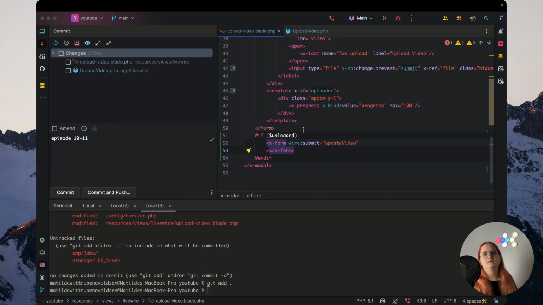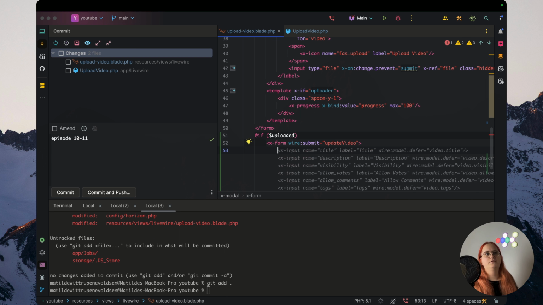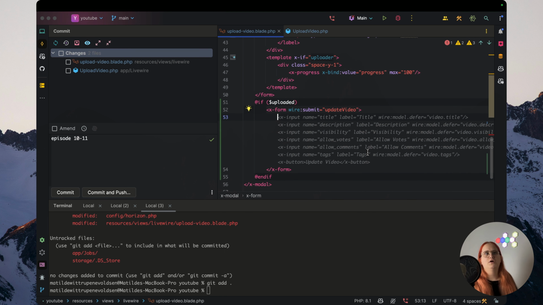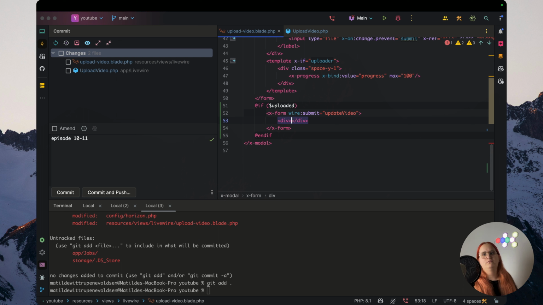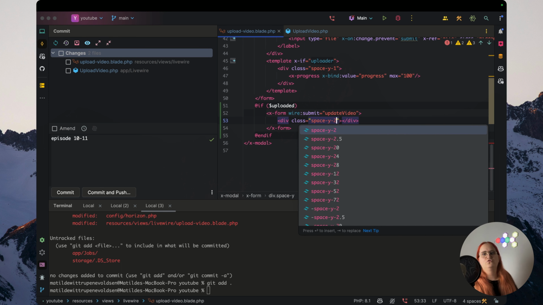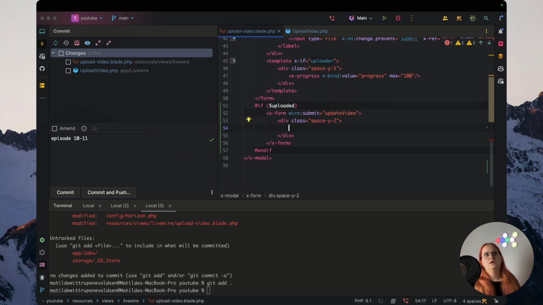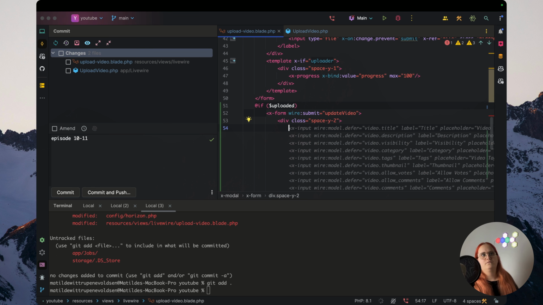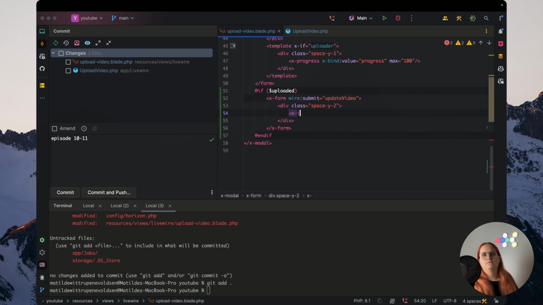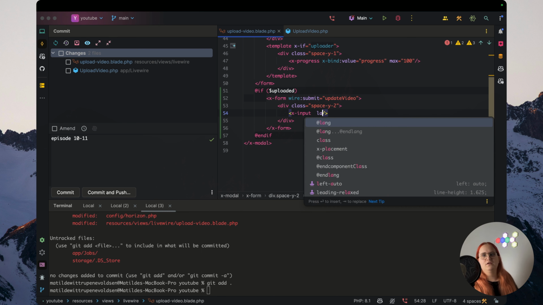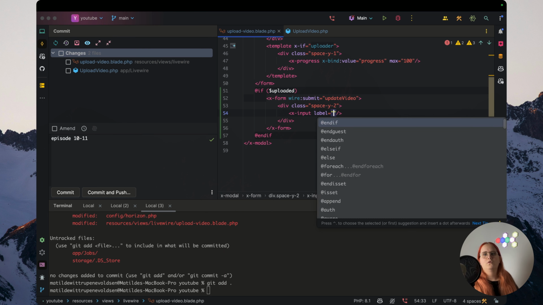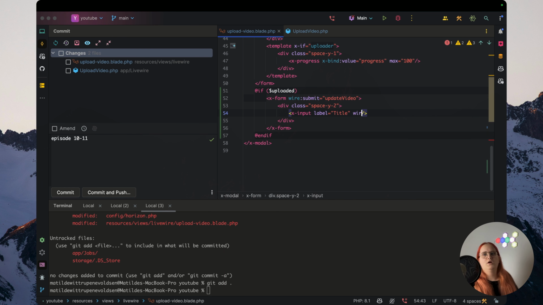And then inside this form, all we want to do is have a few different things outlined. So I want to go ahead and make a div with the class of space-y-2 to have some spacing between them. In this case, we want to have an x-input, and let's say the x-input should have a label called title and a wire:model called form.title. So we want to create